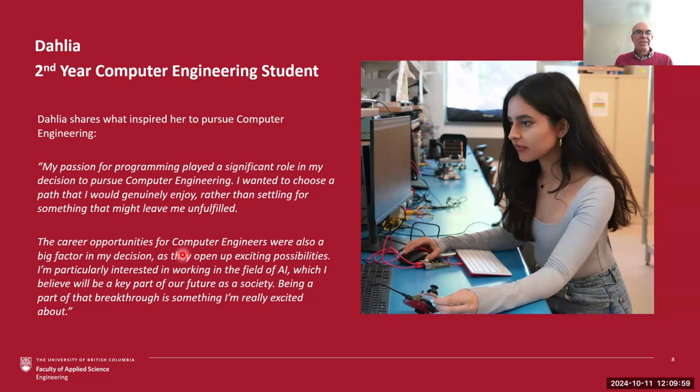So what kind of students take computer engineering? Dahlia is one of our second-year computer engineering students, and on the slide right here, you see some of her comments. I just want to read the first paragraph here. My passion for programming played a significant role in my decision to pursue computer engineering. I wanted to choose a path that I would genuinely enjoy, rather than settling for something that might leave me